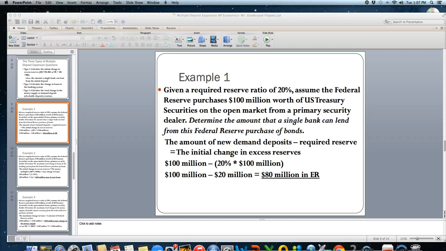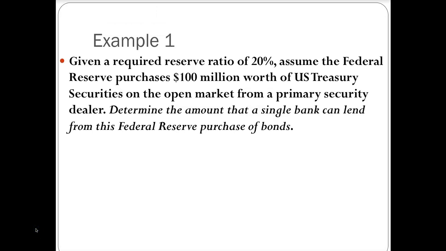All right, so let's go ahead and take a look at an example problem here. Very similar to what you would find on the AP test or on my tests. All right, so we're given a required reserve ratio of 20%, and we're going to assume that the Federal Reserve